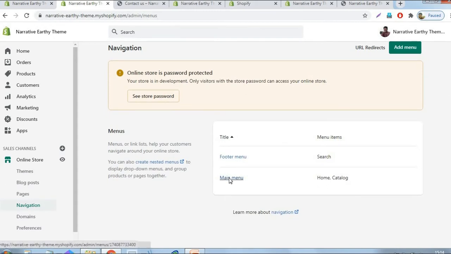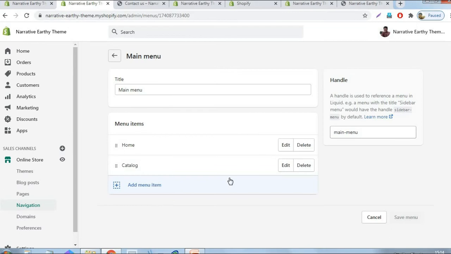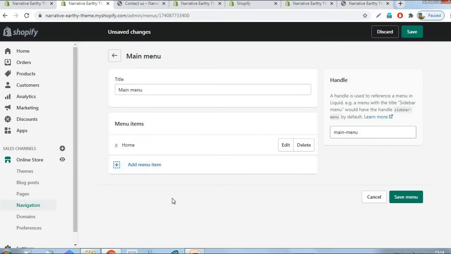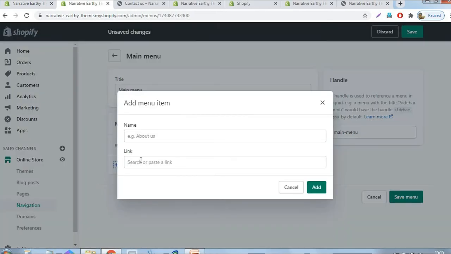First we are going to create the main menu, the top section menu. I delete the existing menu items. In the top section we will display only the categories, so we will add the collections.